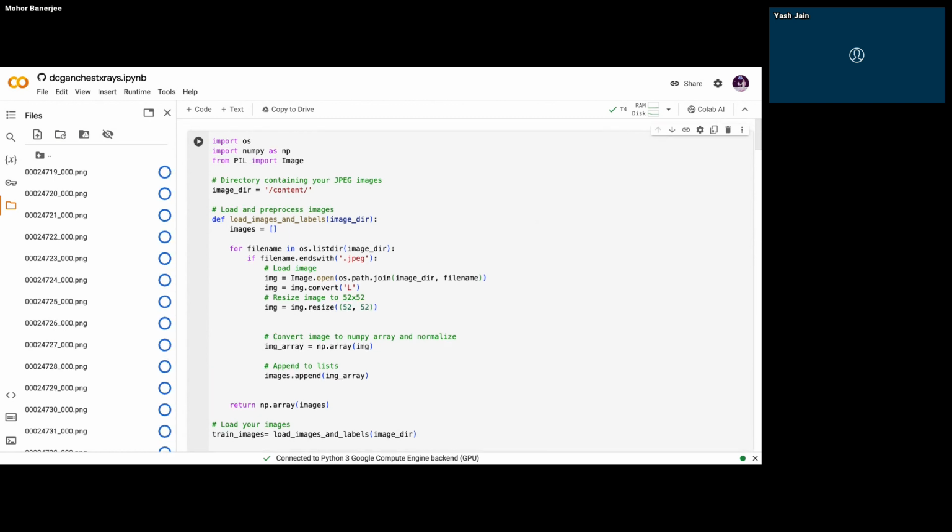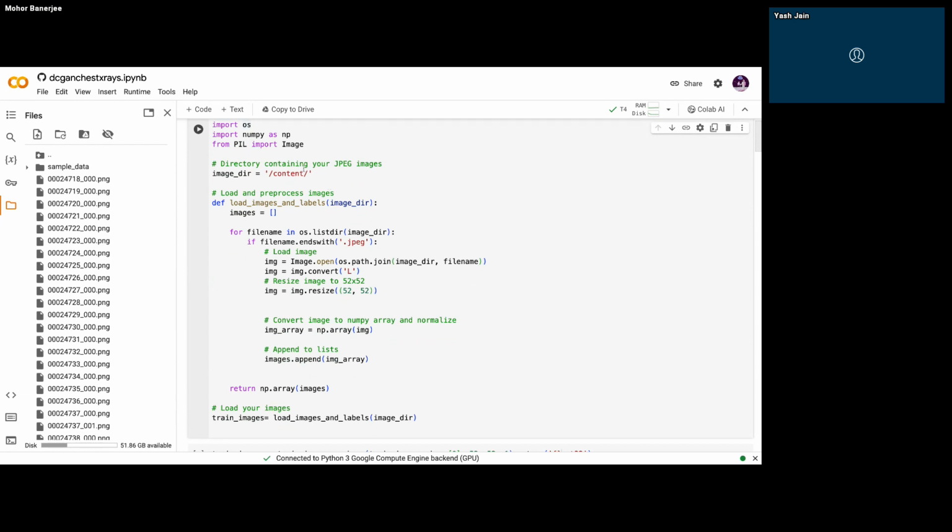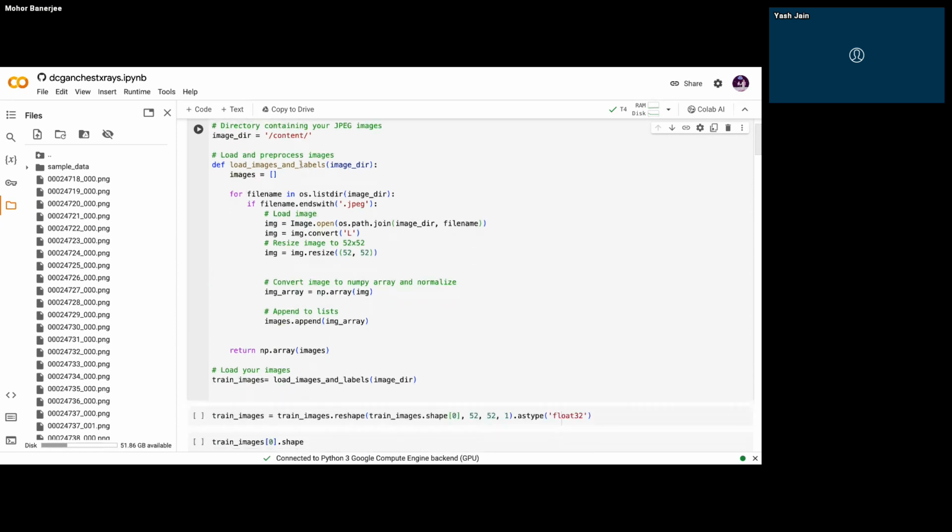So to give a high level overview of the code, there are some imports which have been done initially for data pre-processing. This cell is mainly for data pre-processing. So OS is mainly for dealing with file paths in Python, the OS module. So this is the root directory which contains all these images. And this is one function for pre-processing the images. The main steps which have been taken here are: this for loop is finding all the images with a PNG or a JPEG extension,